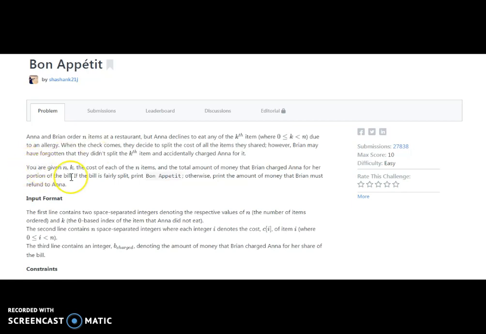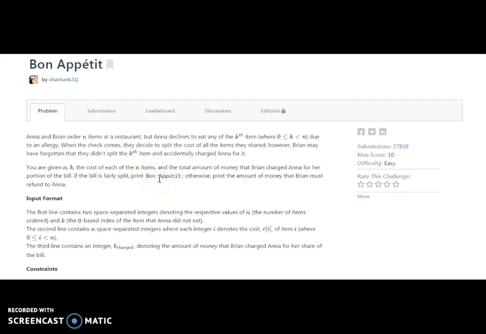You are given n, which means the number of items. k is the kth item which Anna doesn't eat because of an allergy, and the total amount of money Brian charged as her portion of the bill. They are giving all the items and the total amount of the bill.